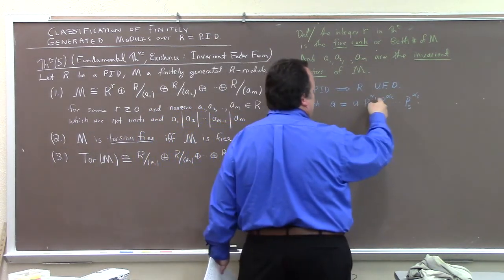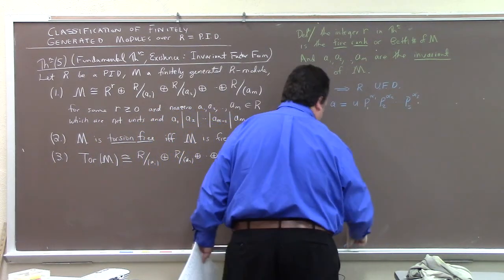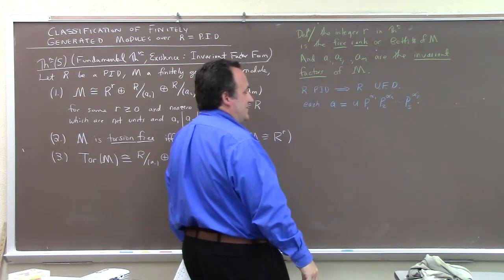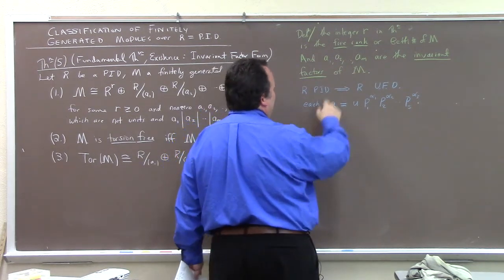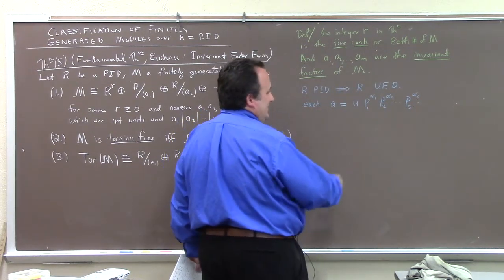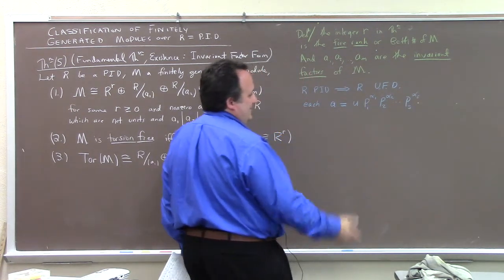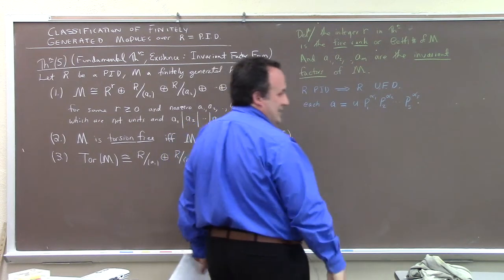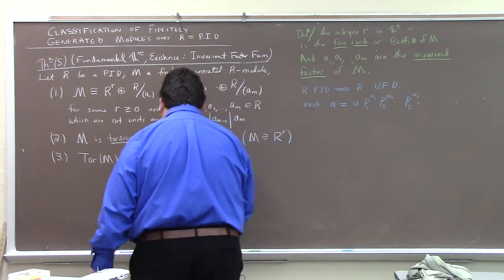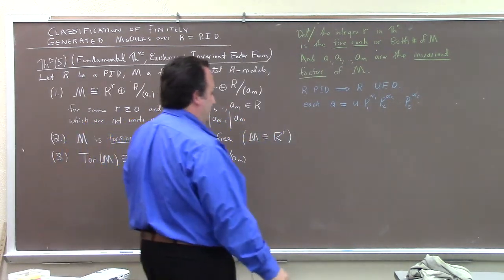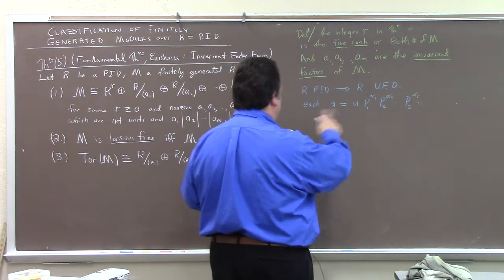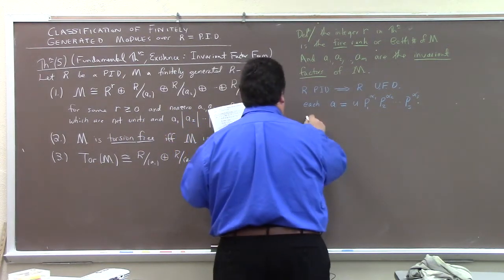If you just allow these to be 0, then it can be 1, right? So if each one of these happened to be a prime, you could just put alpha 1 equal to 1 and the rest of them 0, and s would be equal to m in that case. But generally it's more complicated than that. But the point is that because of that, that gives you Theorem 6,